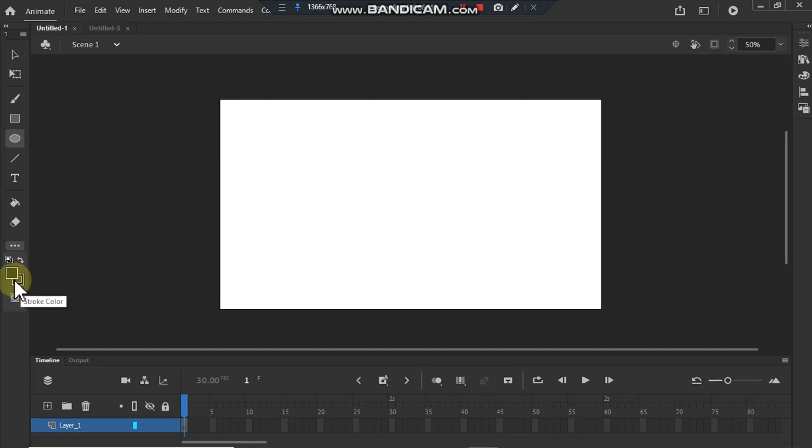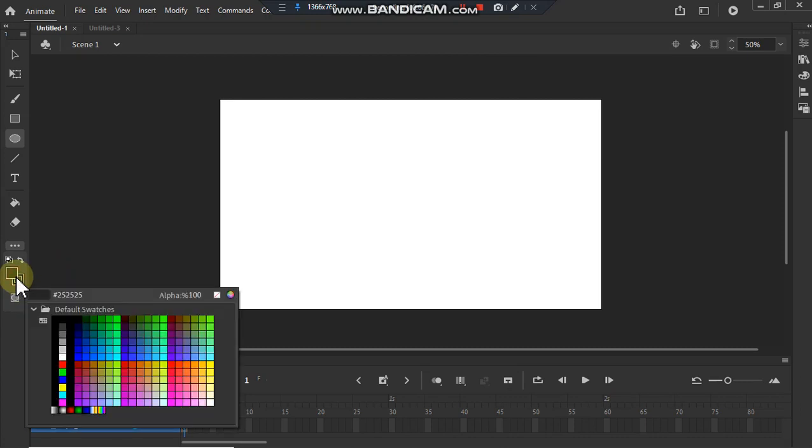The colors section, as the name suggests, contains the colors for filling, and just below it is the options section. It displays the modifiers for the currently selected tool. Modifiers affect the tool's painting or editing operations. I'm going to show you how to select colors just by clicking on it.